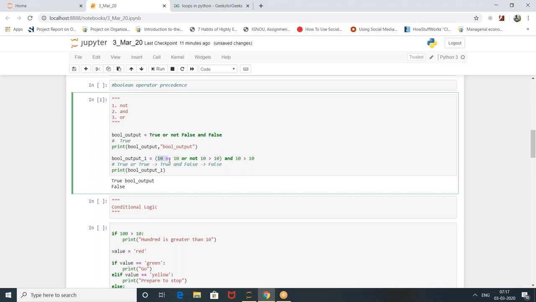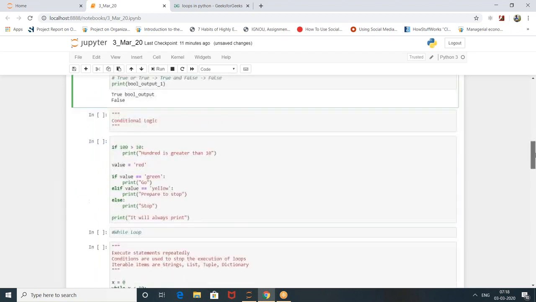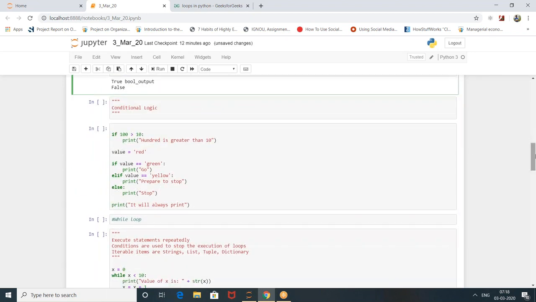So for this one, usually we could manage through brackets, right? We can put brackets in front. Yeah, you are right on that. So you can go like this and put braces. That is a better way. Always brackets is a better way, like he has done it here. So for this one, first of all, it will go with the not operator, then this OR operator, everything will be finished in these brackets, and then it will do this one with the output. So the answer is false for the next one. Okay, we are done with the conditional operators.